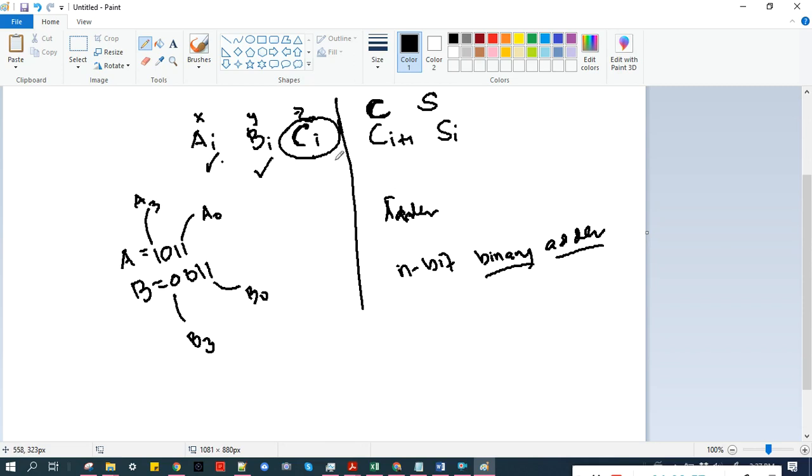Okay. So the CI and CI plus 1 are very much related,